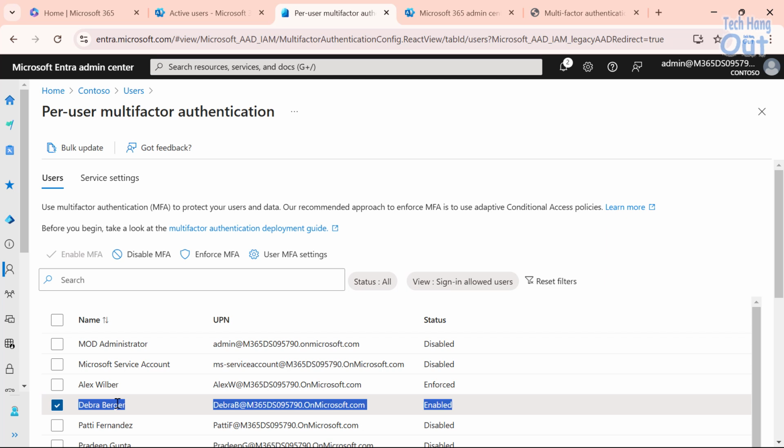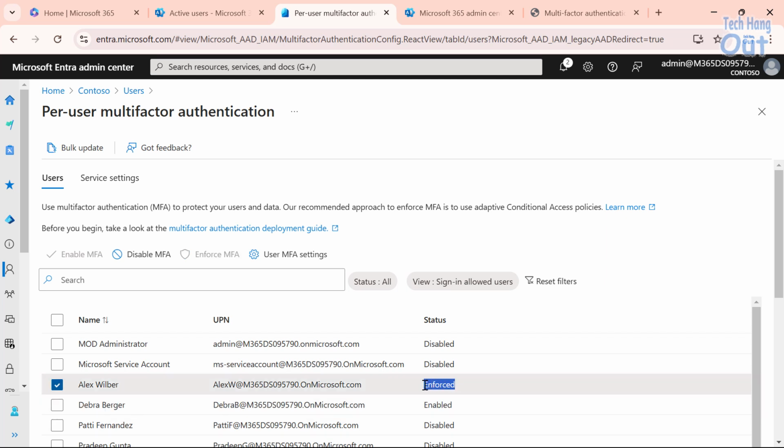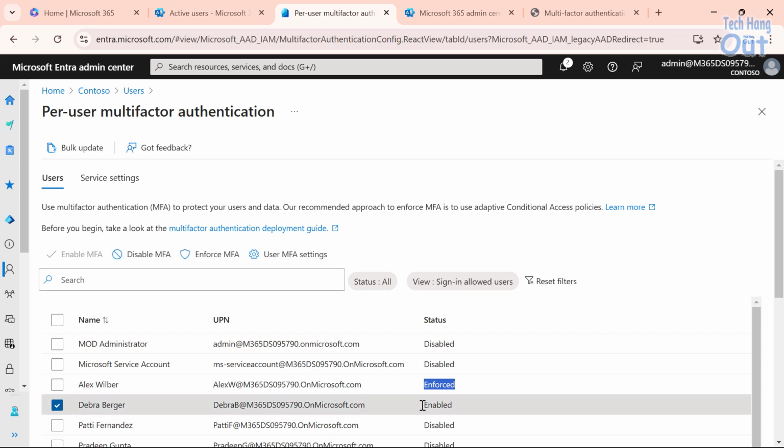So just a summary once again: once you see this enforced status, it simply means that the user has already set up the MFA and the enrollment has been completed and every other thing is set up and good. But for a user that you enable from this portal like Deborah, the way we have it here,